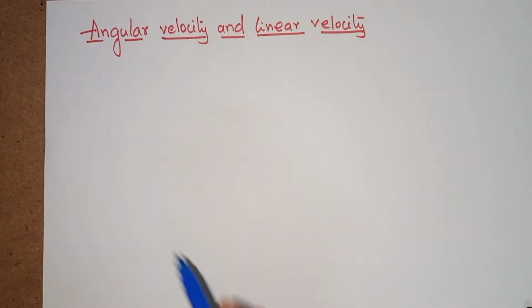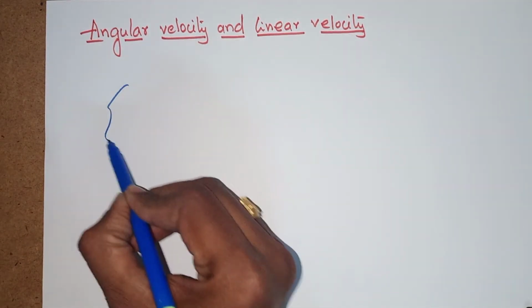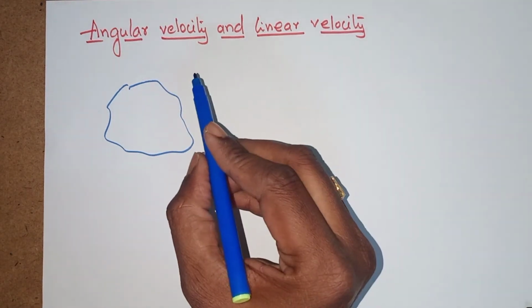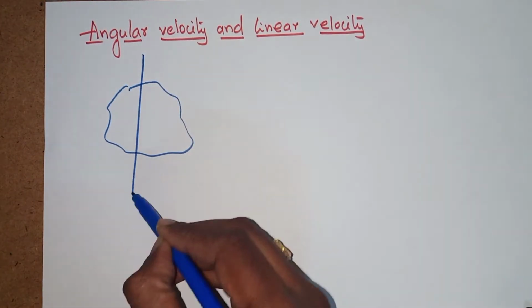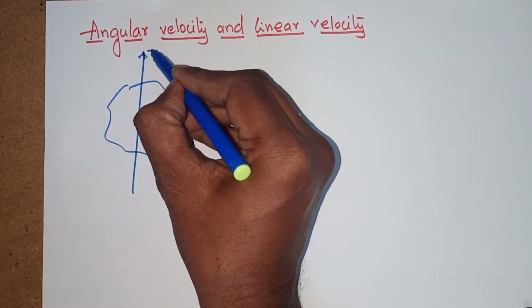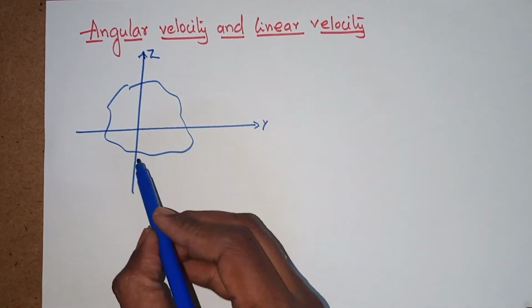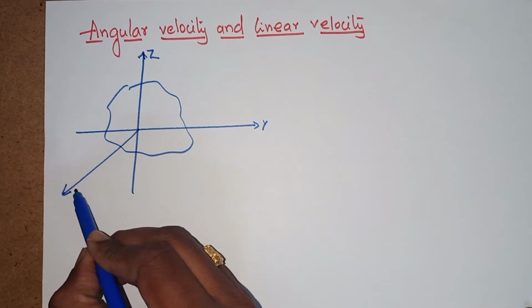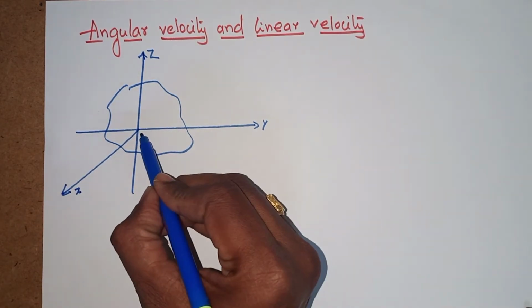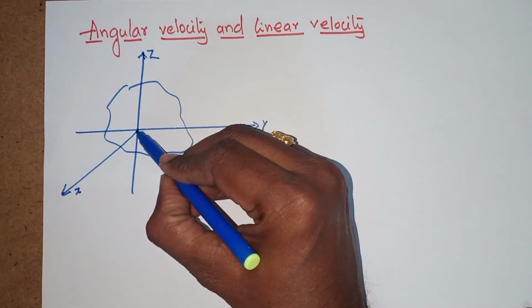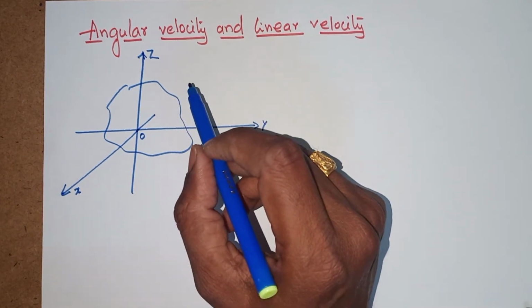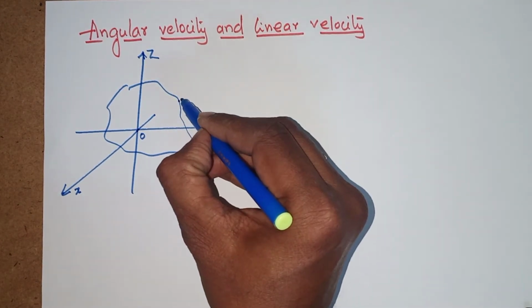Let's simply draw a rigid body and a z-axis. This is the z-axis, this is the y-axis, of course this is the x-axis, and this is the origin, right? Next, let us consider a point P here,